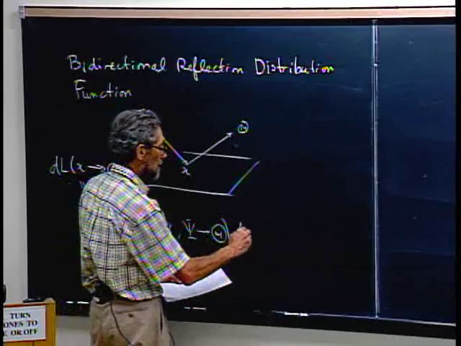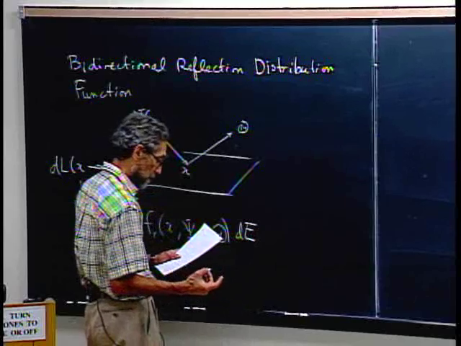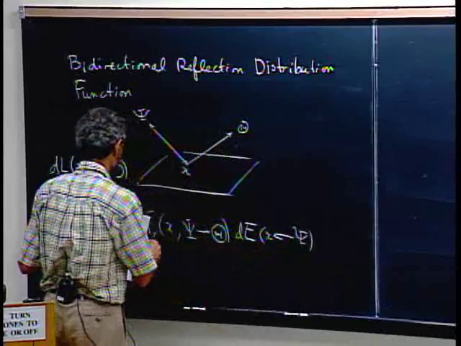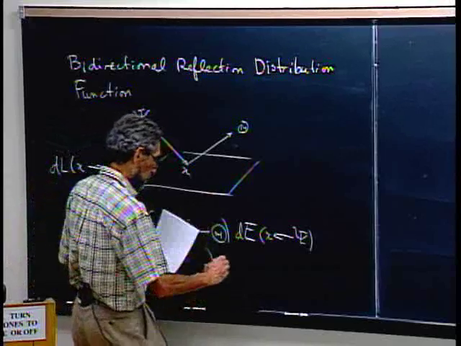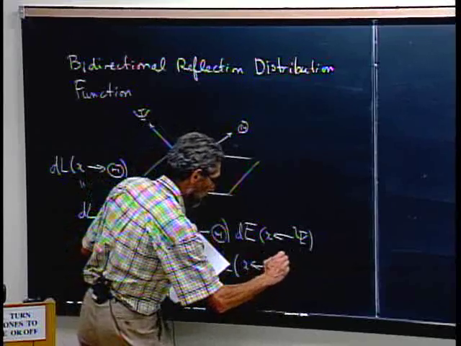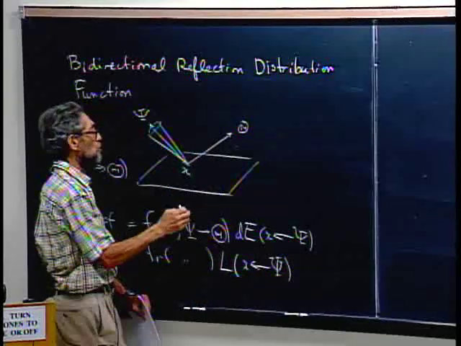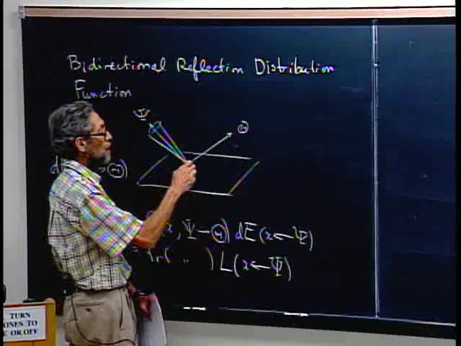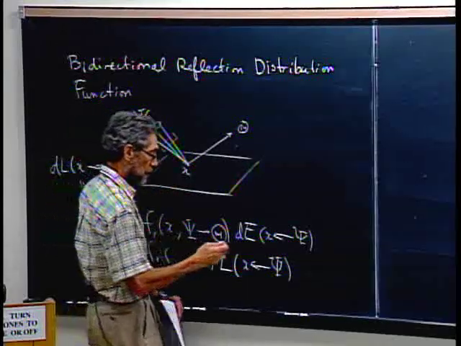And what that multiplies is the amount of irradiance that comes in from an angle psi. What we really are doing is a little solid angle around that. So it's this f_r times the radiance flowing toward direction x from this direction psi, but in some solid angle, right? Because in order to get an actual amount of energy from a radiance, you also have to multiply that by a solid angle, because radiance is flux per solid angle. So to get flux per unit area normal to the beam here, we have to multiply it by this solid angle,